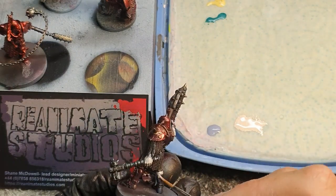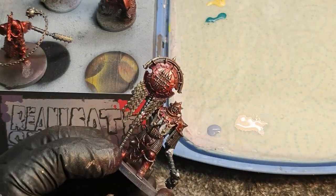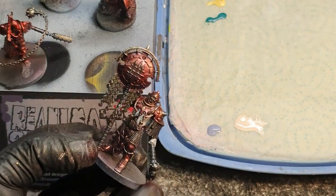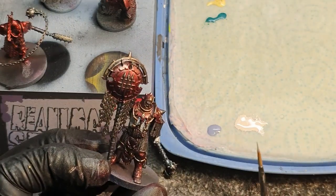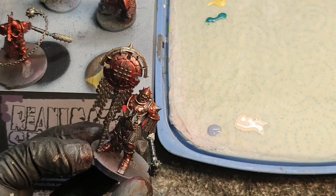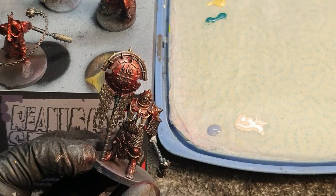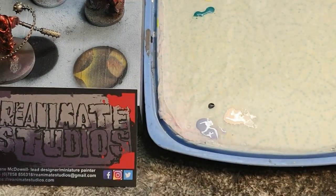So as you can see with these pale flesh colours, going to need a second coat. So what I'll do is I'll pause it here just to save time, add on the second coat, finish it off, and then we'll move on to the shading. So bear with me. Alright guys, so now the flesh is all base